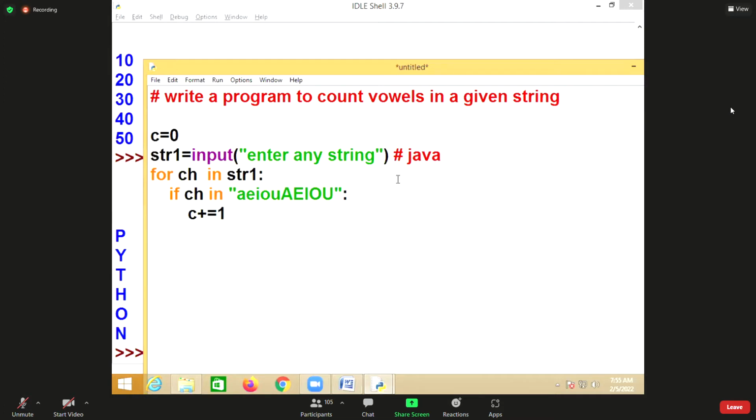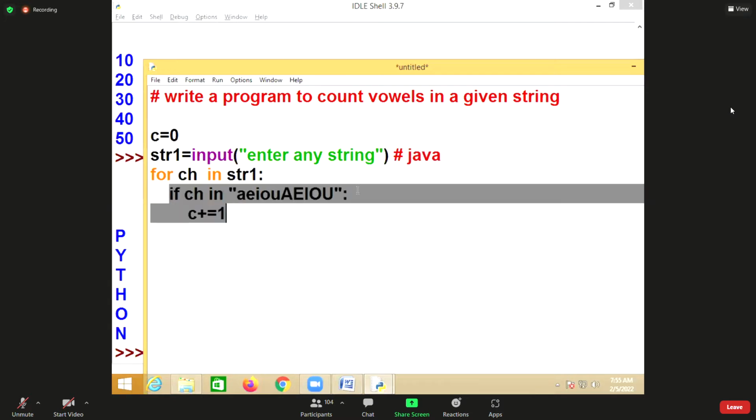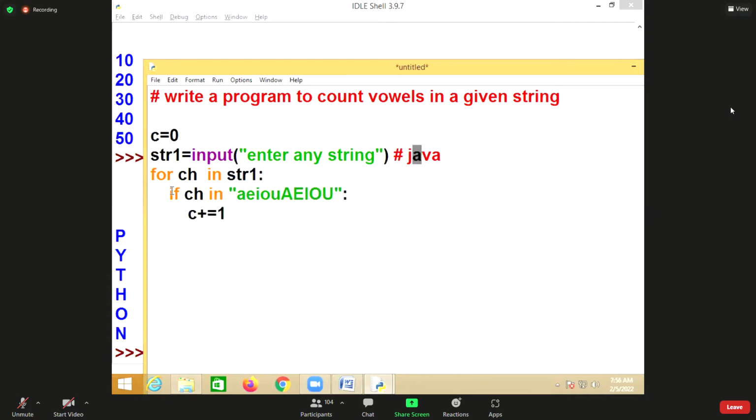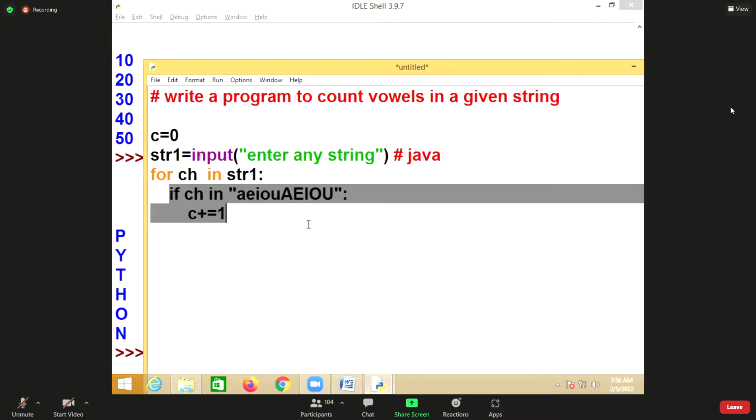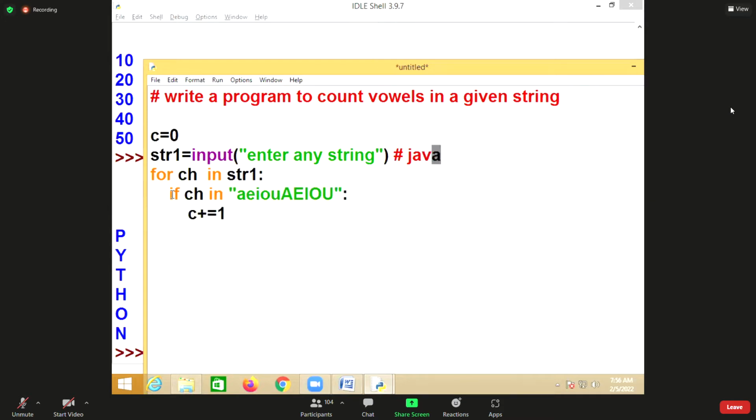Every time it reads one character, so 4 characters means the loop is executed 4 times. Each time it reads one character and checks the condition.